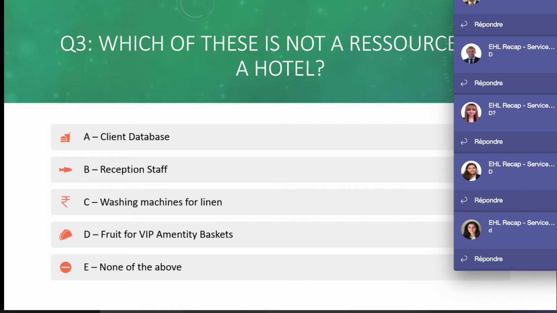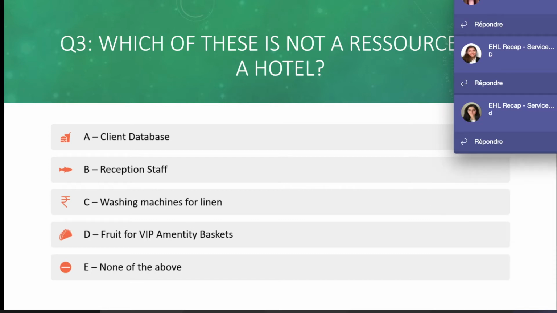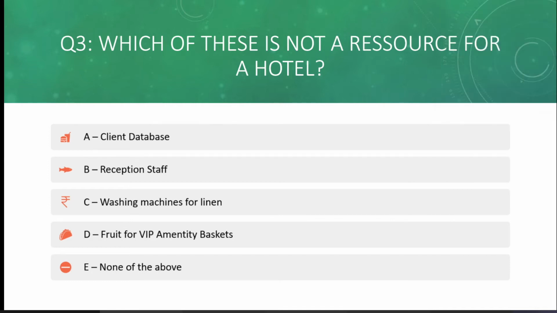All right, so the big batch of you guys got it correct. It is fruit for VIP amenity baskets, D. Can you tell me why? Well, it is because there's the difference between a resource and a material